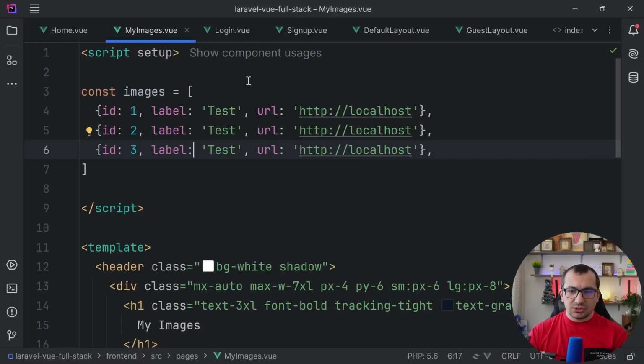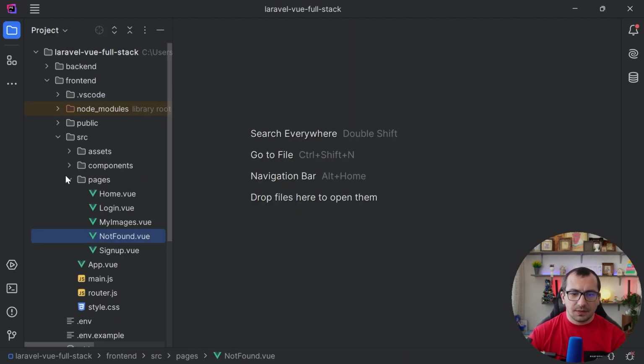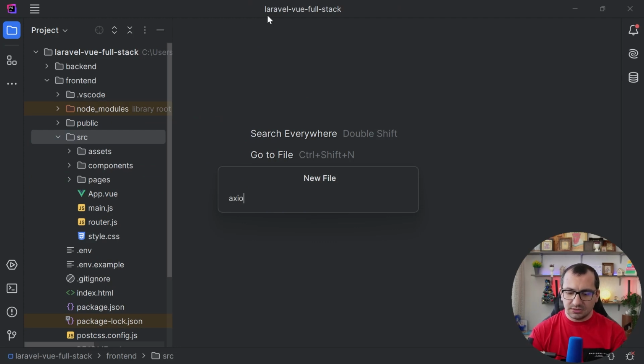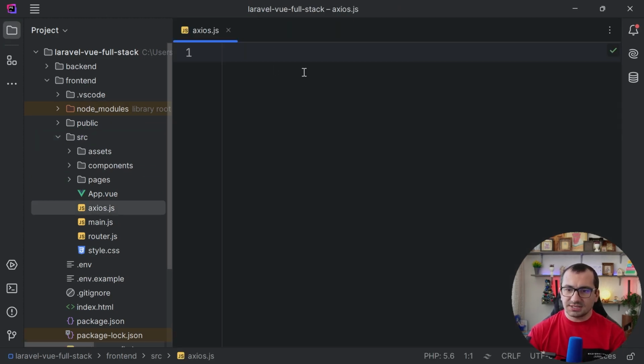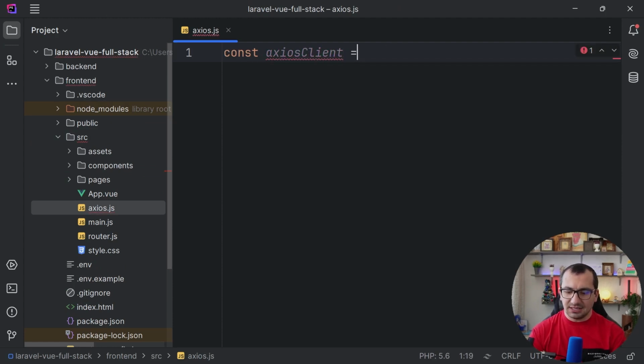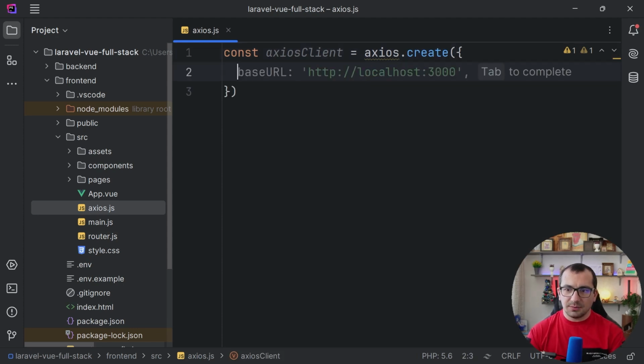Let's go into, I'm going to close everything, reopen it if I need. So inside source, I'm going to create new file, Axios.js, and actually I'm going to create Axios client. So const Axios client equals, we're going to use Axios, which actually should be imported. We're going to import that. Axios.create, and we're going to provide configuration object. So we need base URL, and that base URL should be